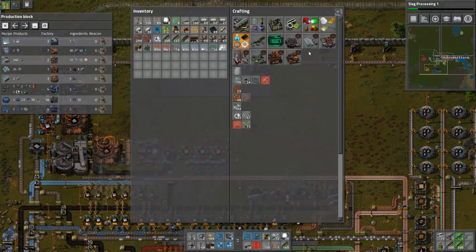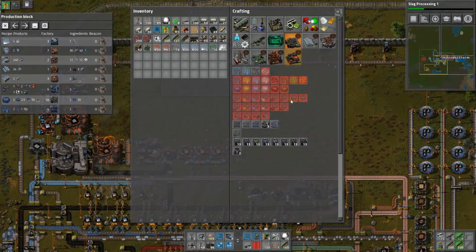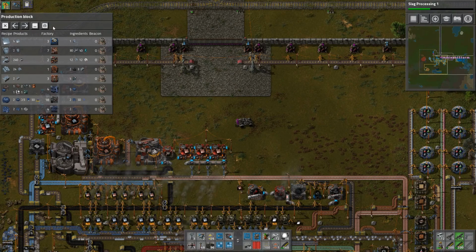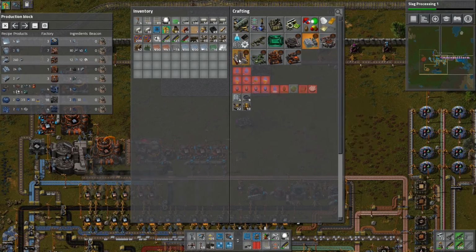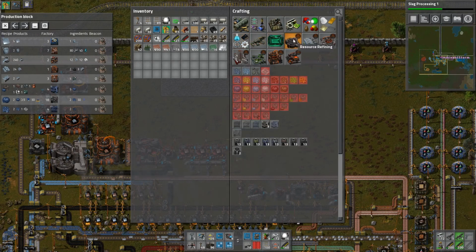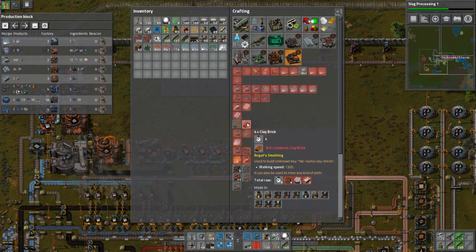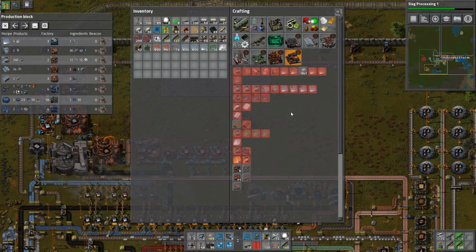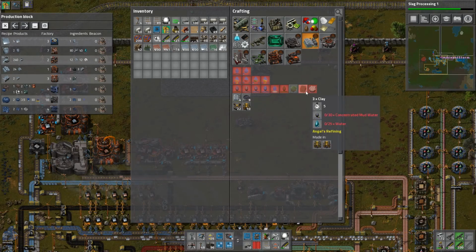Alright, so what we're going to need to build a lot of this stuff is clay bricks. We're going to need clay bricks. Clay bricks. Lots of clay bricks. Alright, so how do we make clay bricks? Here is clay. Let's see. It's in here somewhere. There, clay brick. Okay. So for clay brick, we need unburnt clay brick. For unburnt clay brick, we need clay, sand, and lime. To make clay, sand, and lime...